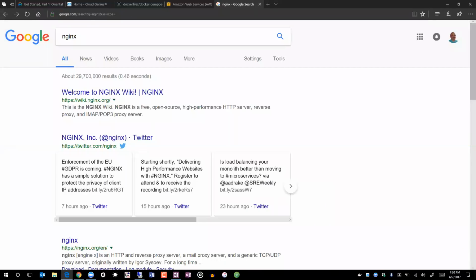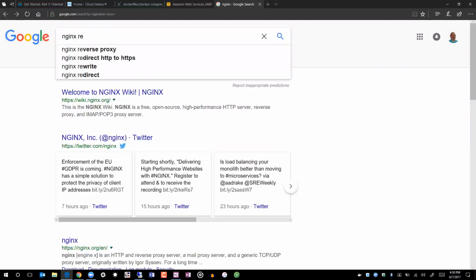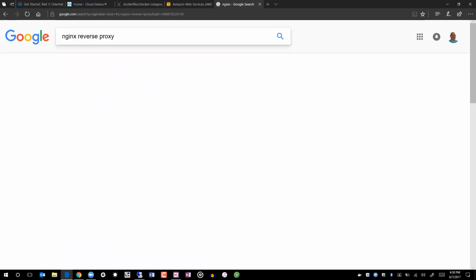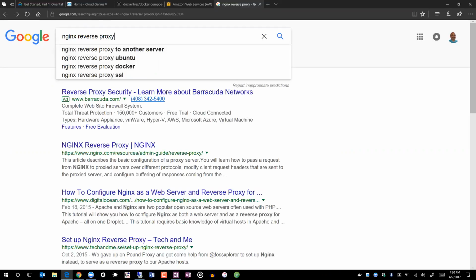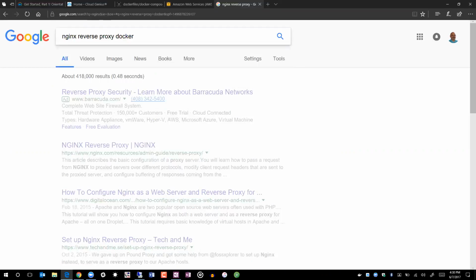What has been done in the industry is that people have created reverse proxy ready-made solutions, and Barracuda Networks sells a reverse proxy. There are also instructions on how to configure Nginx as a reverse proxy, but we don't want to go into all that detail. We just want a ready-made solution using Docker. And so